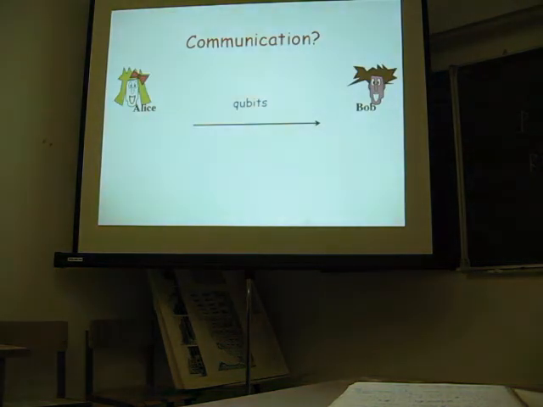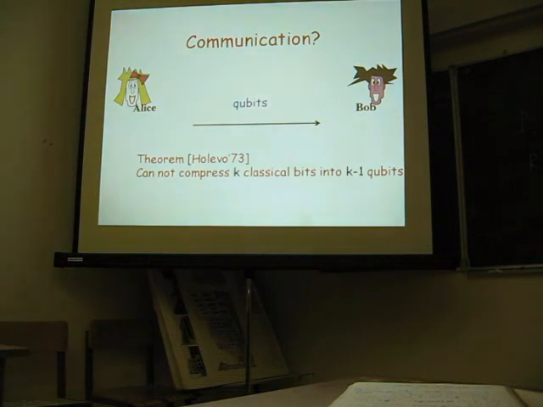So in particular, since we have seen these nice things that you can do with quantum algorithms, what happens when we use them for communication? In particular, what happens when we want to communicate a message from Alice to Bob, and Alice and Bob are not using bits, but they're using qubits? How much does that help? And it turns out that one of your countrymen, already in '73,